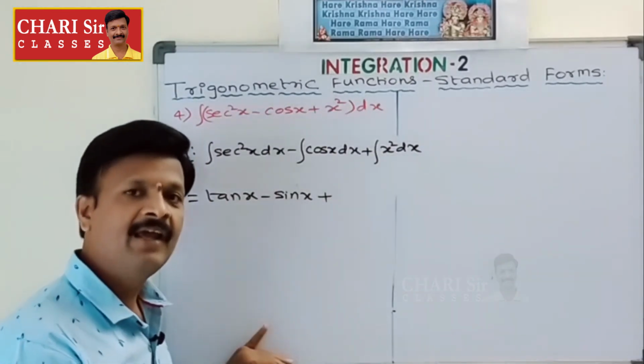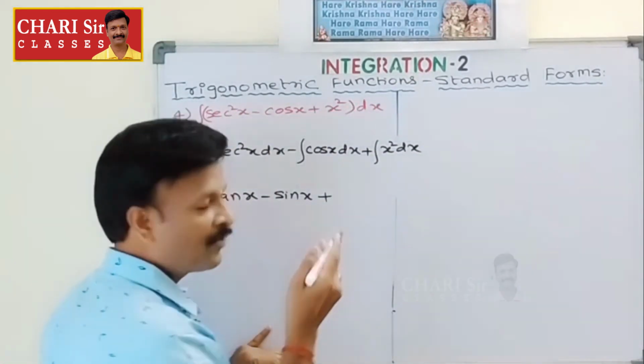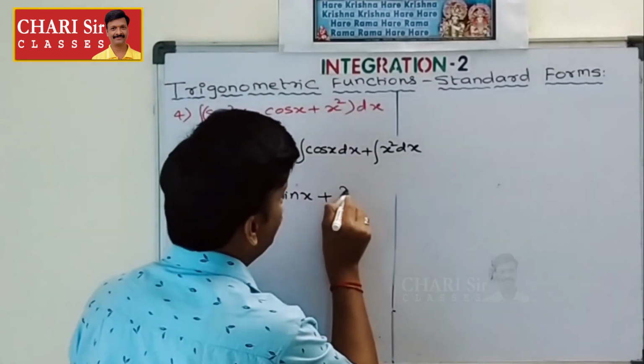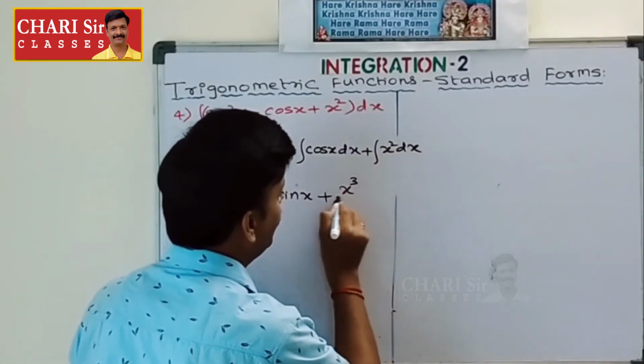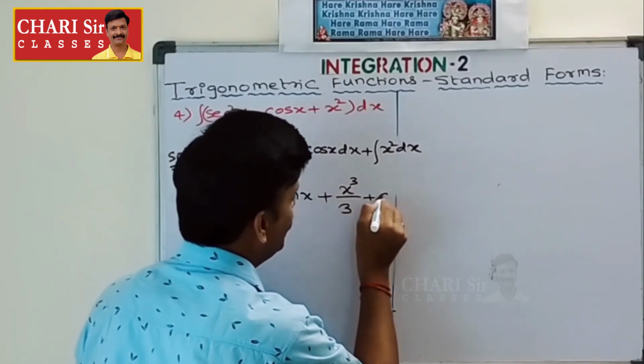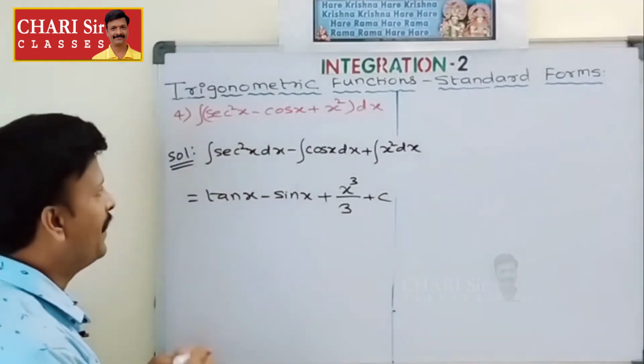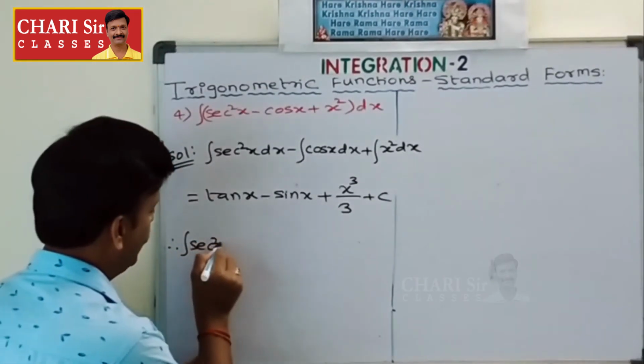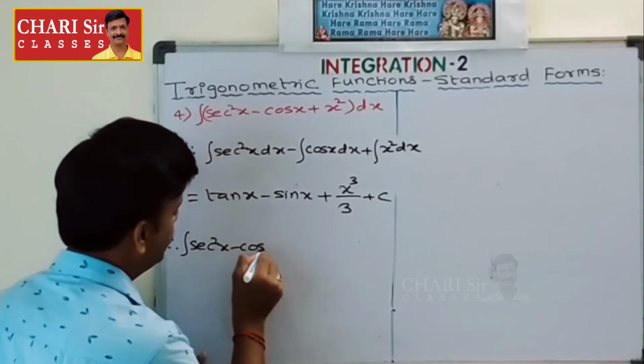Plus this is the integration of x square. We use here the x to the power of n formula. The integration of x to the power of n is x to the power of n plus 1 by n plus 1. So we can write it here: x to the power of 2 plus 1, that is x cube by 3, plus c. That's it. Therefore you can write the answer as the integration of secant square x minus cos x,